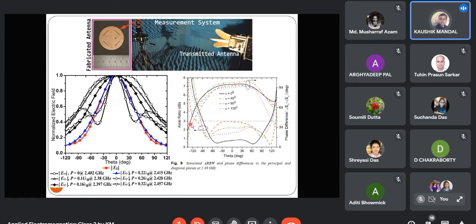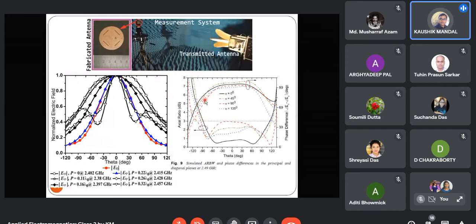But you see that there is a threshold level of 3 dB. So ideally, we have considered that when axial ratio equals 0 dB, that is purely circularly polarized, but there is a threshold level, and up to 3 dB is considered. So if axial ratio is less than or equal to 3 dB, then you can say the antenna is circularly polarized.